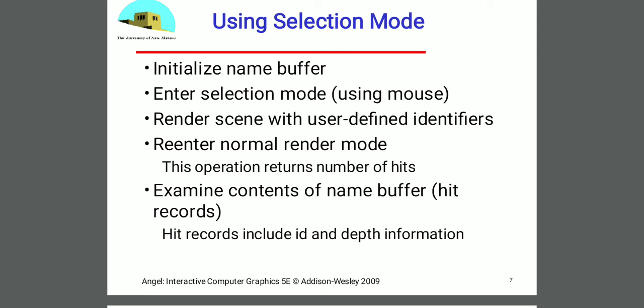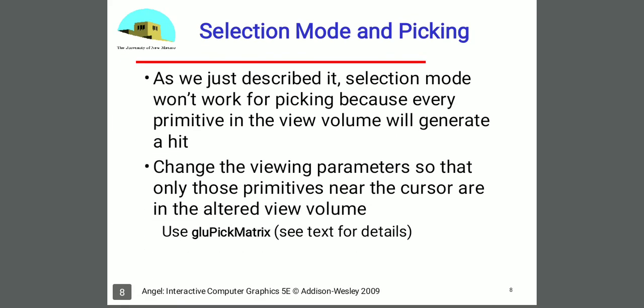So you may play a game using your mobile. You are moving a car image or some other image. So if it is assigned to the back buffer, in the back buffer how many objects are assigned, and my touch is near to which object. Based on that, the picking or the selection will be identified. So these are the three modes, and the selection mode we have used with picking.